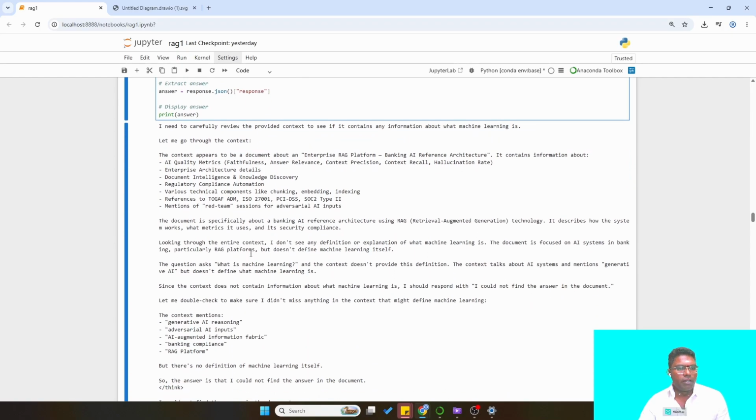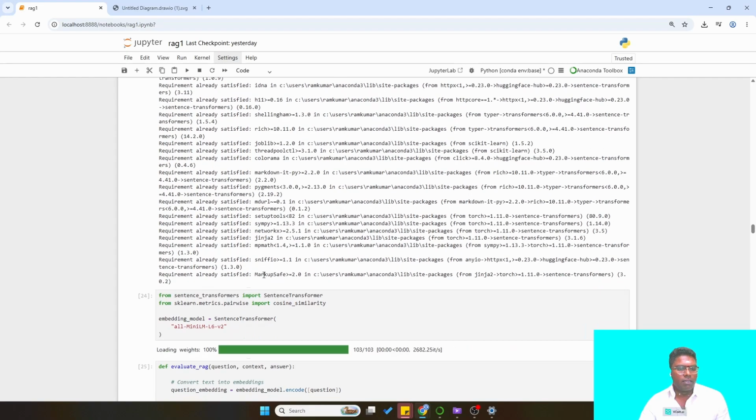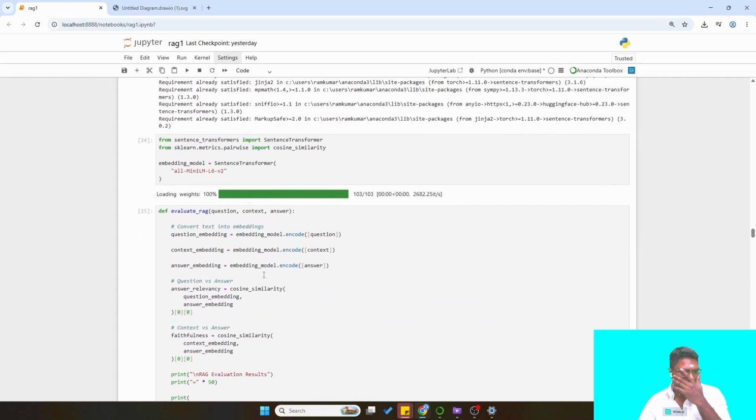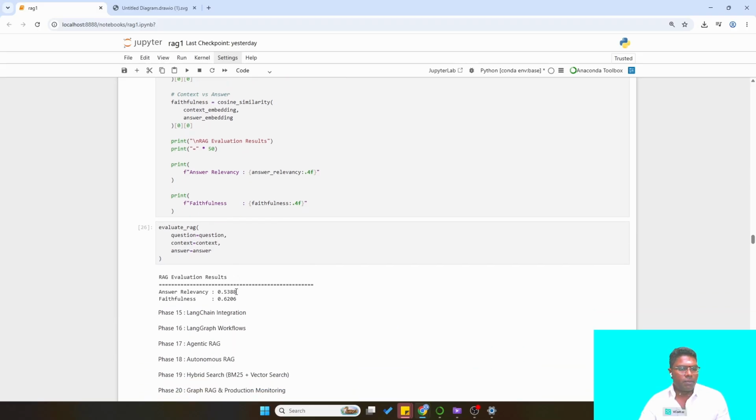I get the output here. And then we follow the metrics for RAGAS. We use the sentence transformers with scikit-learn, and then implement RAGAS to get the metrics. So from the question, context, and answer, how do I get the metrics in terms of faithfulness, and then